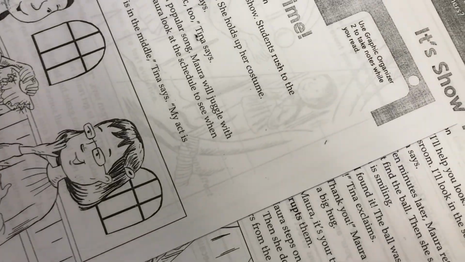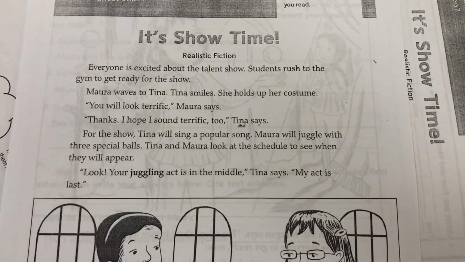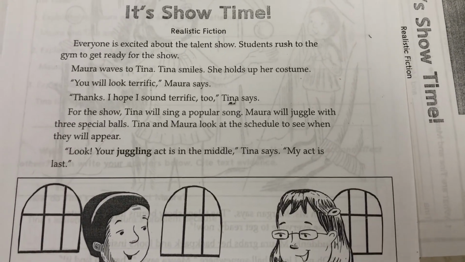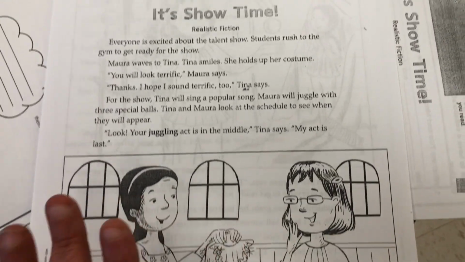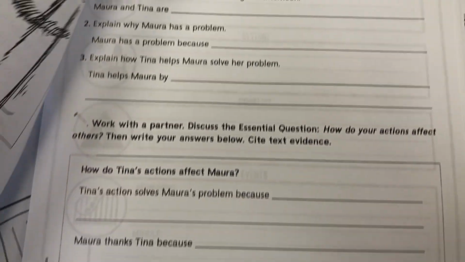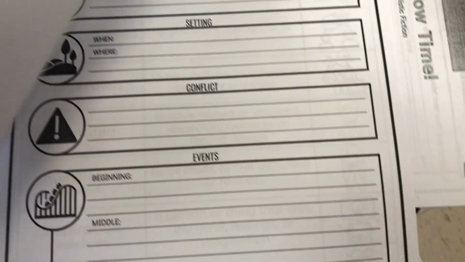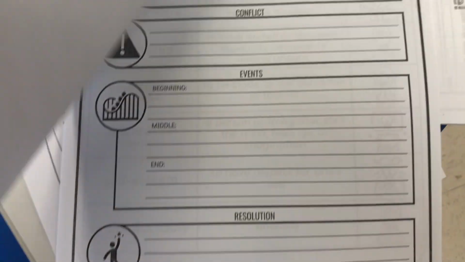This is a glimpse of my homework. All my homework is differentiated because I do have ELL students, regular students, and gifted students. So this was the passage for my ELL students. And this is basically the continuation of our shared read, the talent show. So they will read the passage, answer the question with scaffolded answers, and then they need to complete a story elements graphic organizer that I created based on the story.